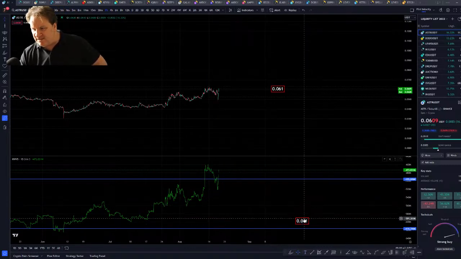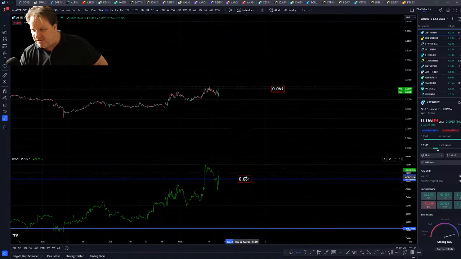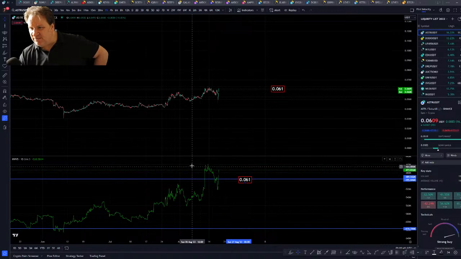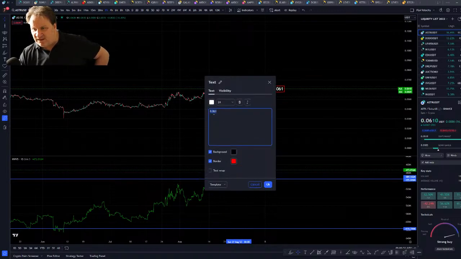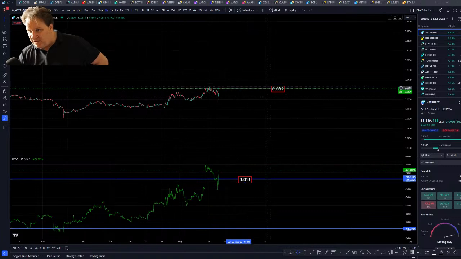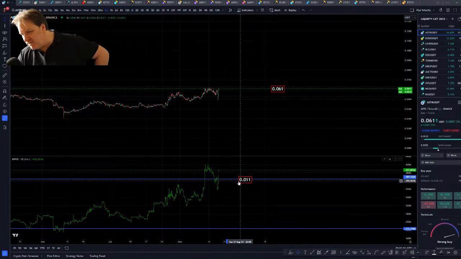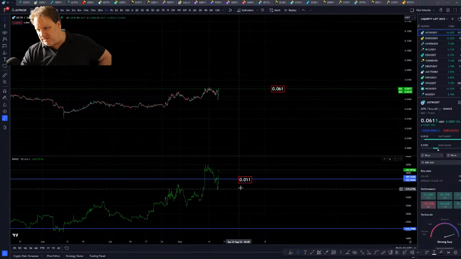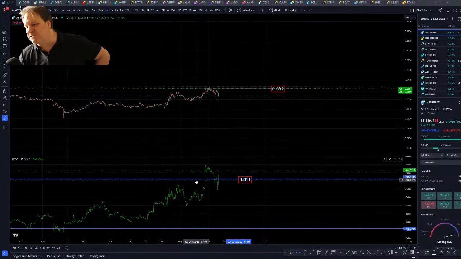So okay, that is the price as it stands, but you can see that this is actually 0.011. So we're here, but Newton's wave has shown us that it has gone past the last